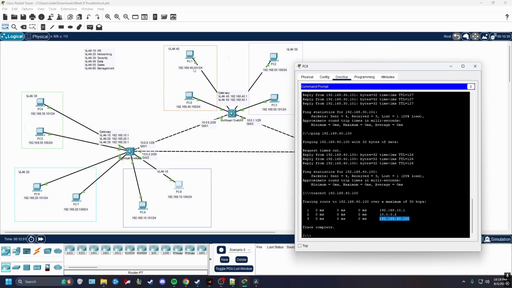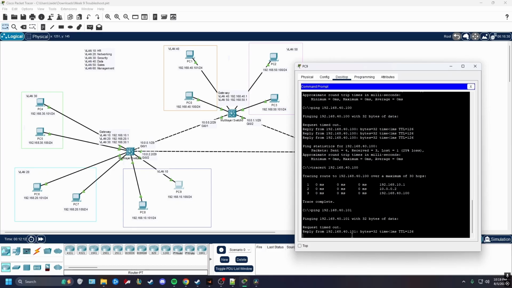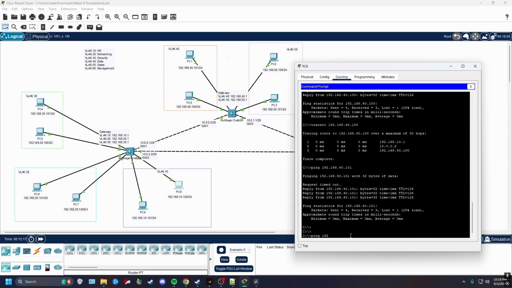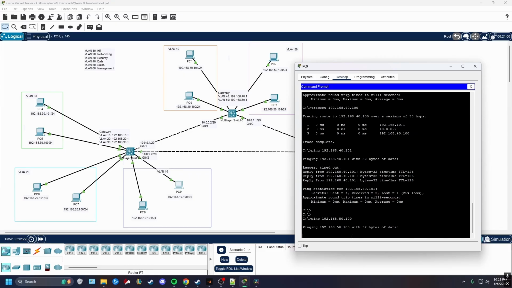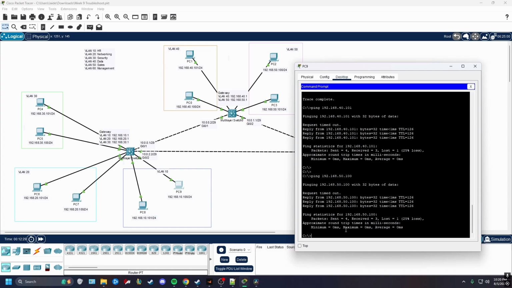Right, so let's finish pinging the rest of these to see if they work. The VLAN 40 .101 PC. That one works. Ping 192.168.50.100. Okay, so that can ping. Now, if we were to run tracert